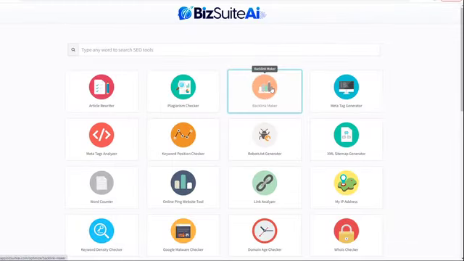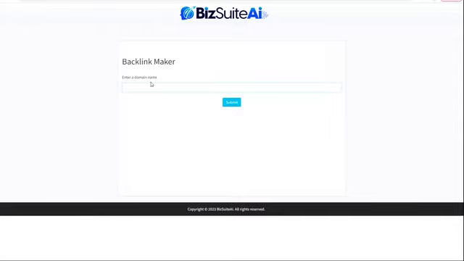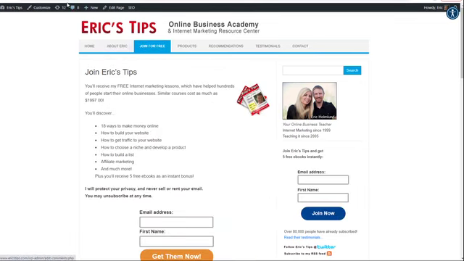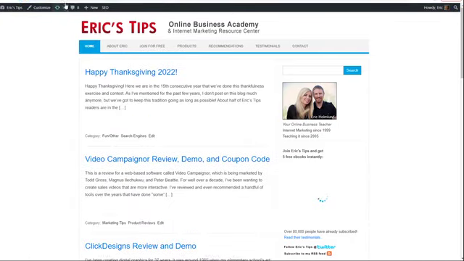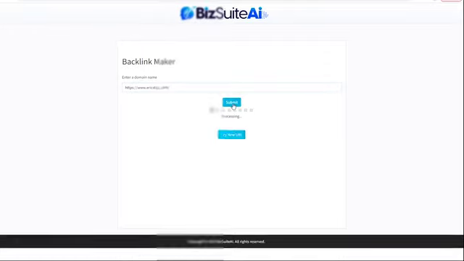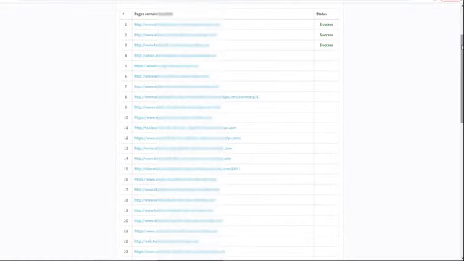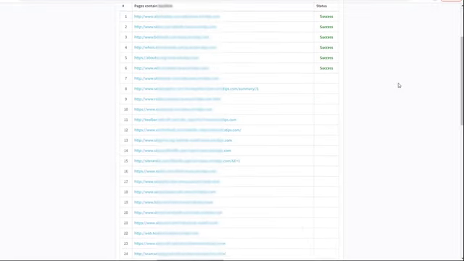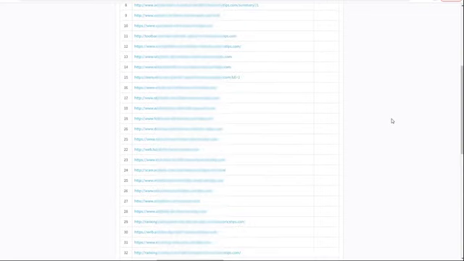All right, the next tool is the backlink maker. Yes, actually a backlink maker. It's pretty neat. So let's say I wanted to make some backlinks to my website that I'd mentioned before. Let's say I'll make backlinks to, we'll do my homepage for now, my Eric's Tips blog, and we'll click submit. See, there's a bunch of different sites out there that basically link to and monitor other websites. And so it's not like these are the most valuable backlinks, but still, if you have a new website or if you have a site that needs some backlinks, this is an easy way to get some free backlinks,